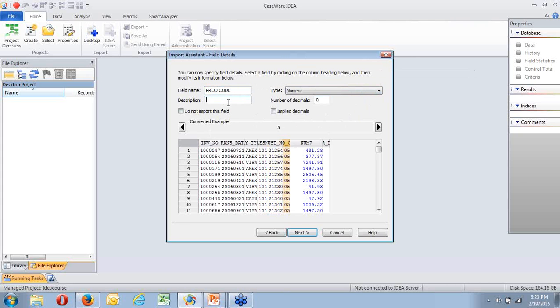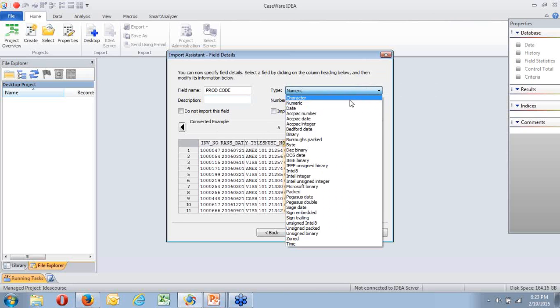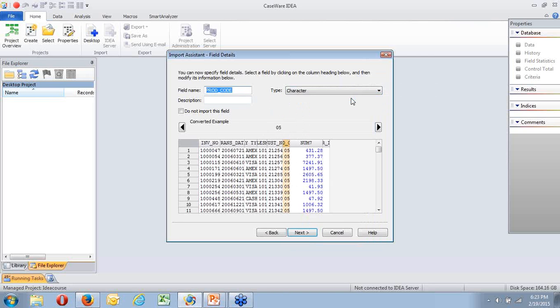It's up to yourself if you want a more detailed description. It says it's numeric. Now we've got a problem because it's not numeric. It's alpha. It's a character field. If you look at the converted example, that's what you get if you define it as numeric. If you define it as character, that's what you're going to get, 05.